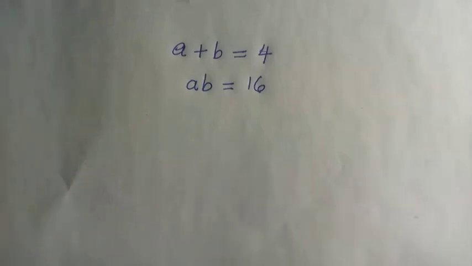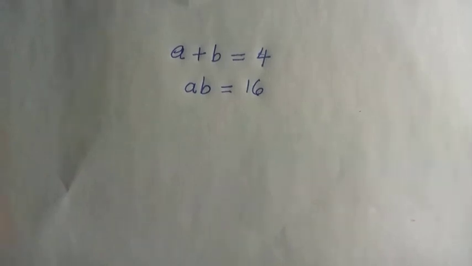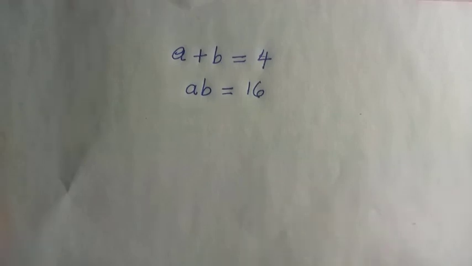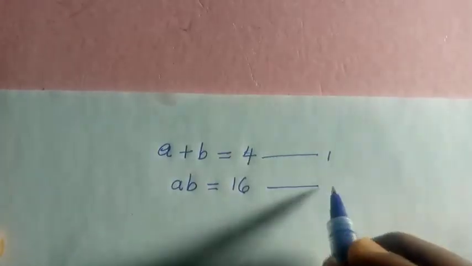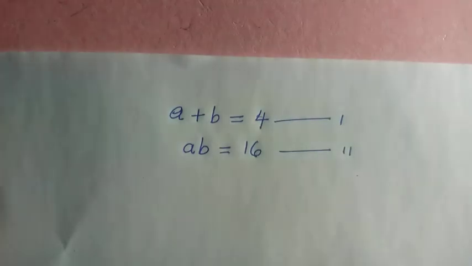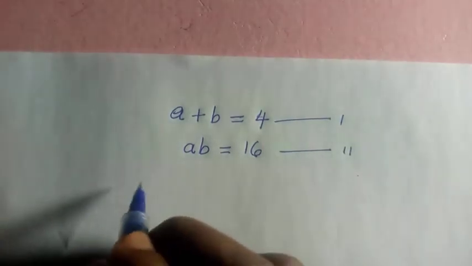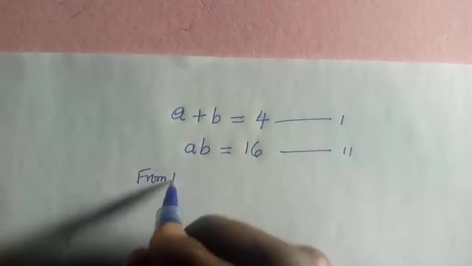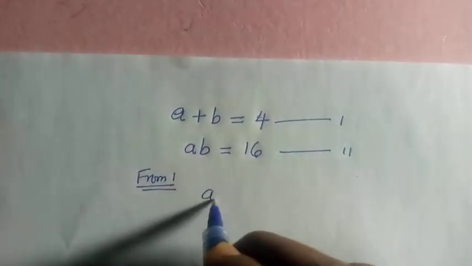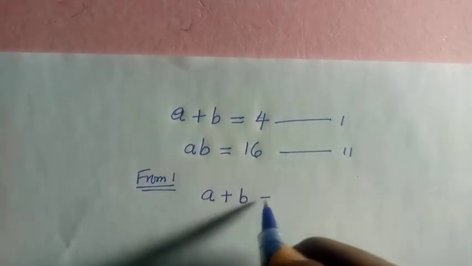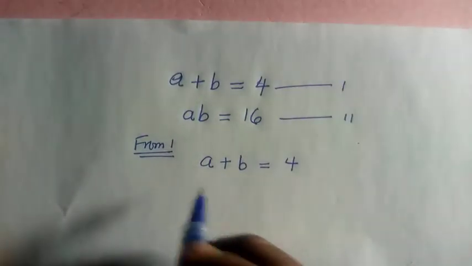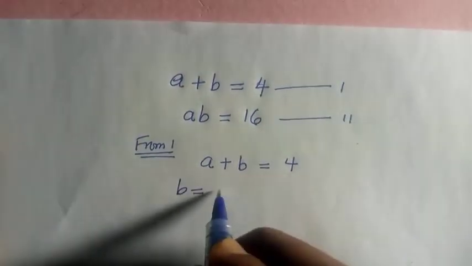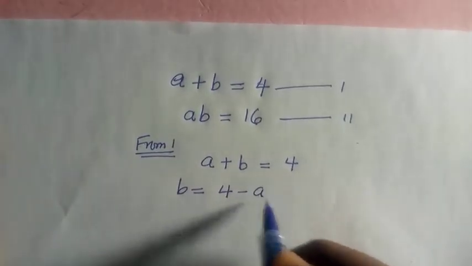How to solve this system of equations where we have a plus b equals 4 and ab equals 16. To solve this, we are going to call this one equation 1 and this one equation 2. If you want to solve this kind of equation, we consider equation 1, where we have a plus b equals 4. Then we make b the subject of the formula, so we have b equals 4 minus a, and we call